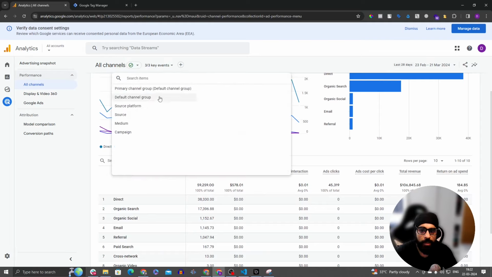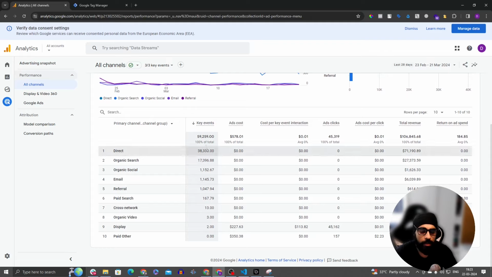If you have not configured your channels, or created your own logic to classify the channels, you will just see the default channels by default. And then you can see the source, medium, campaign over here, and if you select, then you can see key